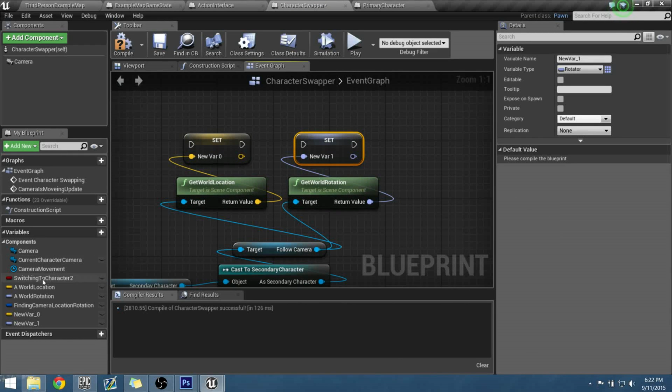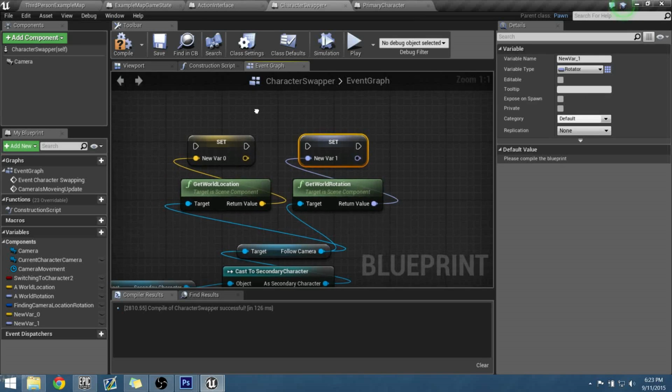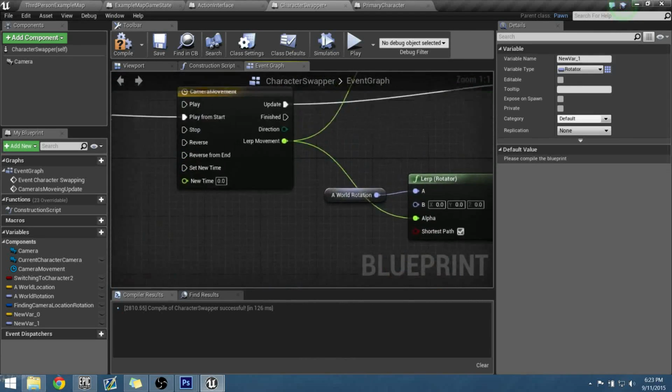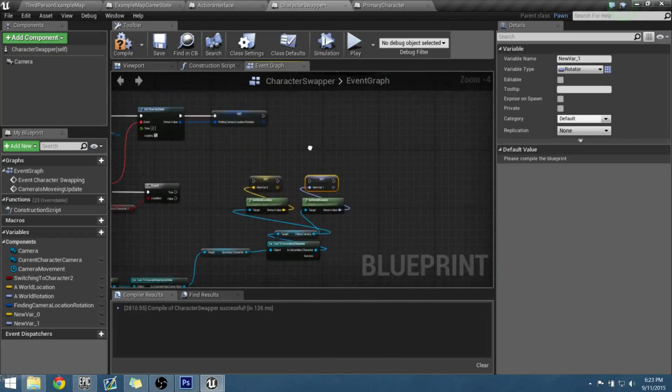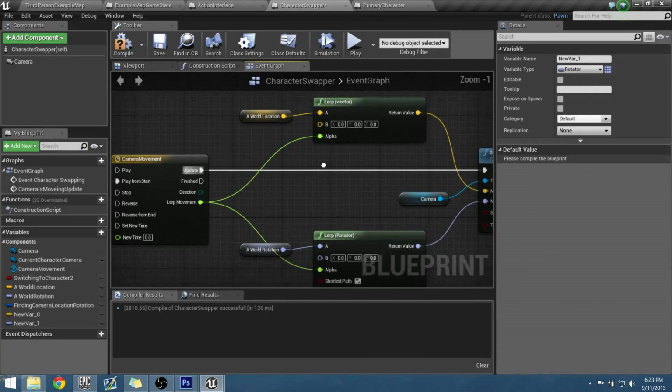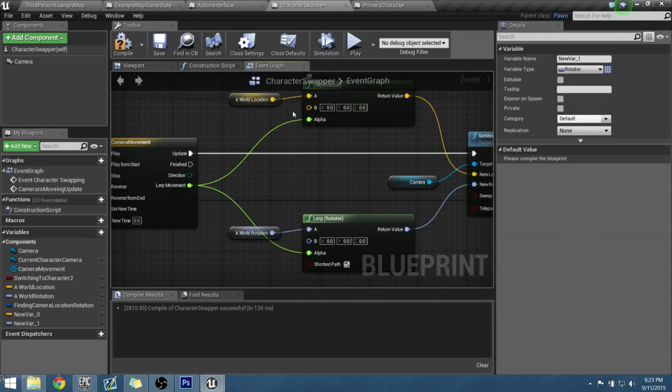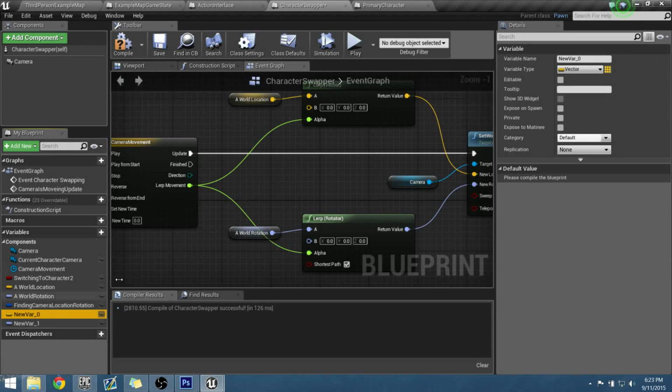So I'm going to come down to the components here. Now if you noticed earlier, these are going to be our secondary positions for where this camera needs to go. So if we move upwards towards our timeline again, we're going to plug our variables into here. So let's rename our variables really quickly from A world location, and let's call this one B world